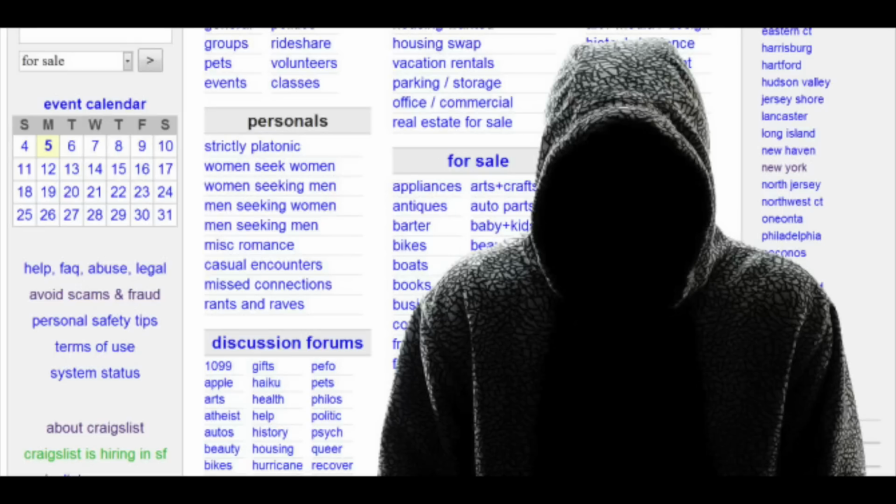All right, and number 20 on the list, we saved the best for last. This is where I got my reseller education. This is where I started 10 years ago, 11 years ago. Whenever I moved here to Florida, I basically was already using it. It is Craigslist.com, and I've got the appropriate picture. It is a scary place. It can be shady. There's a lot of interesting characters on Craigslist, but there's a lot of money to be